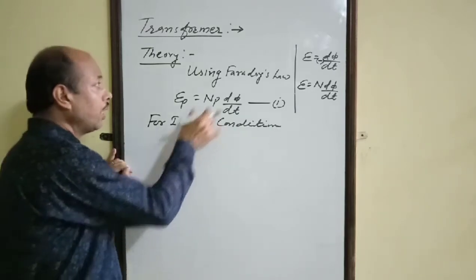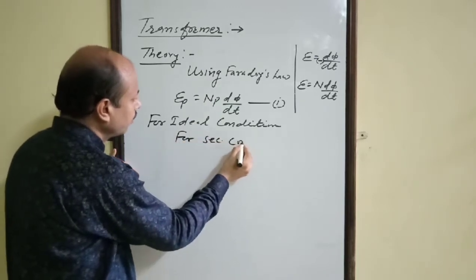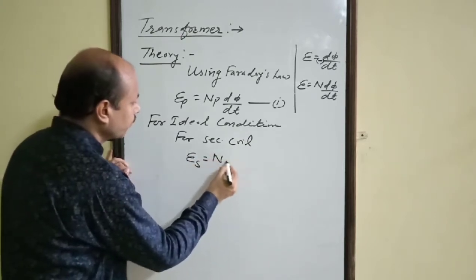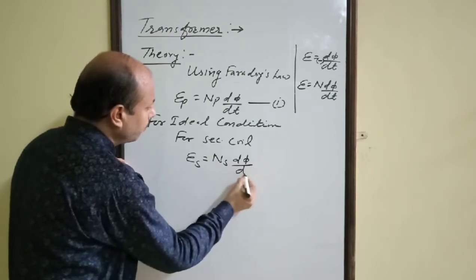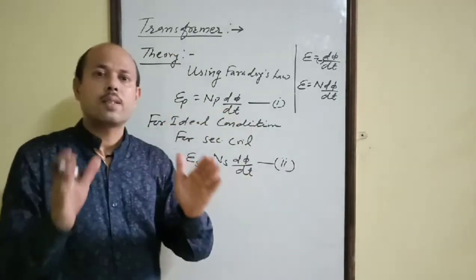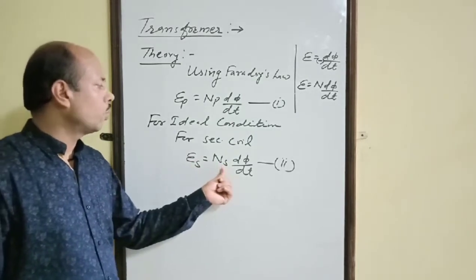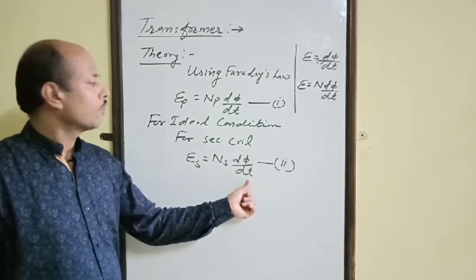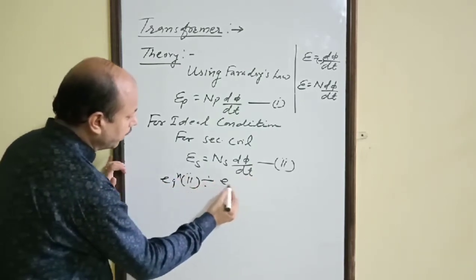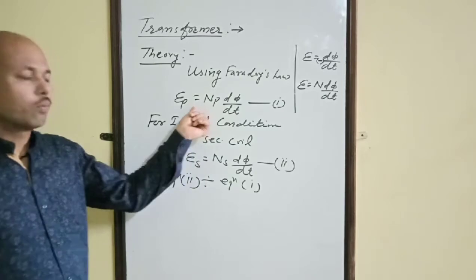Therefore, using Faraday's law, for the primary coil, EP can be written as NP d phi by dt. For the secondary coil, ES equals NS d phi by dt. If we divide equation 2 by equation 1, we get